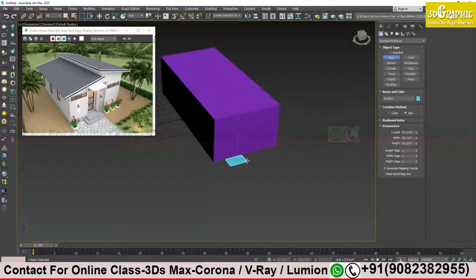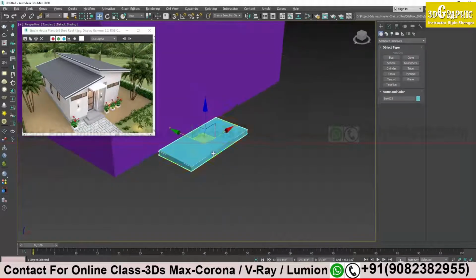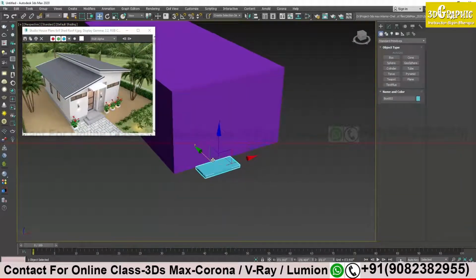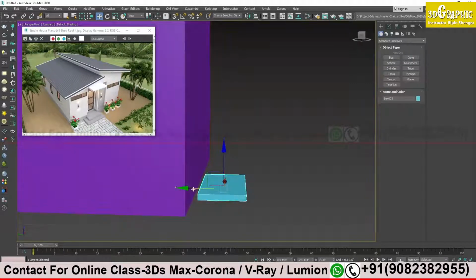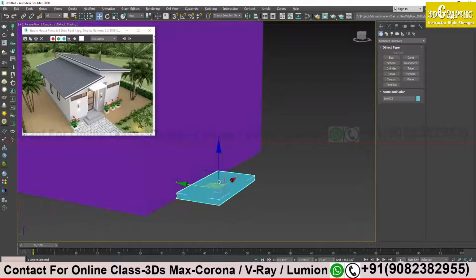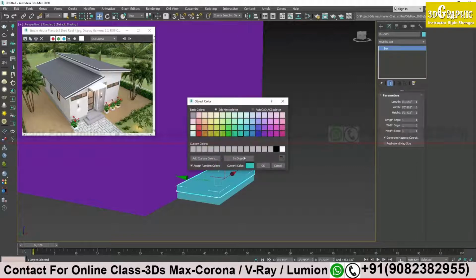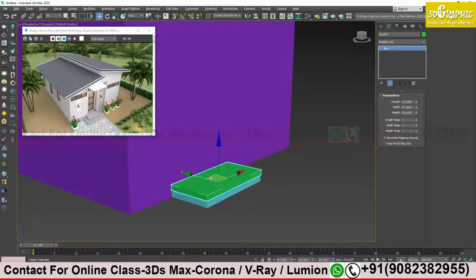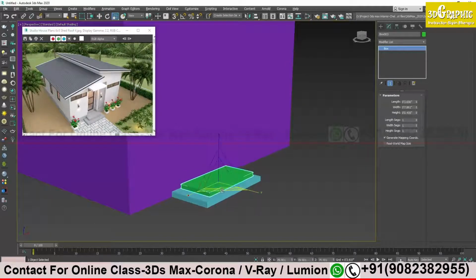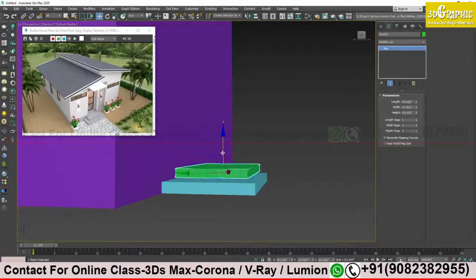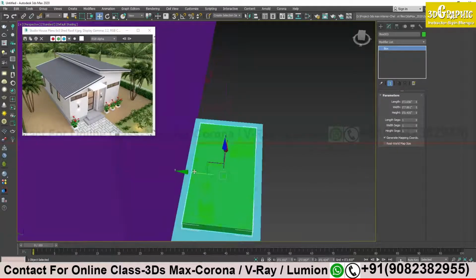Let's create maybe just with my instinct, without any measurement. I will create like this. And for another step I will place it a little bit closer to my walls. I make a copy of it and I will try to change the color. It will be easy for me to identify the shape, and a little bit of scale I have to do, right, Priyanka? This one is shorter, no? So I have to adjust a bit and like this.